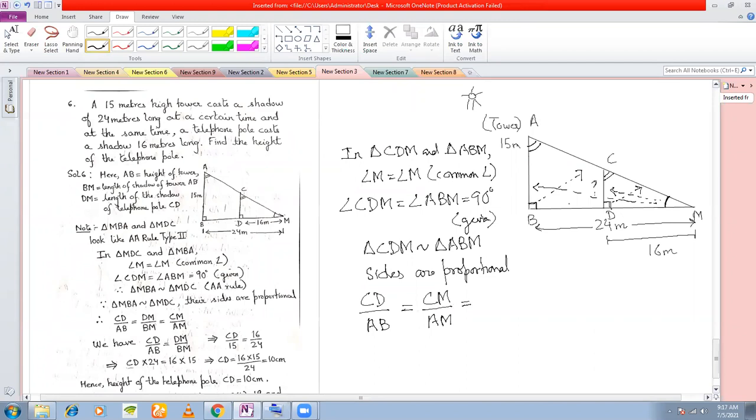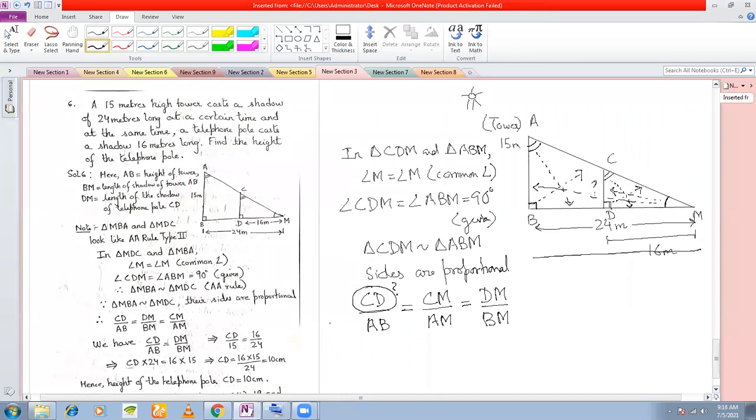And the third angle that we took equal was this angle in the smaller triangle. Opposite to this angle here is the side DM. And opposite to this angle here is the entire side BM. Okay. So now we are going to find out the length of CD. Let's mark it here in pencil. CD.